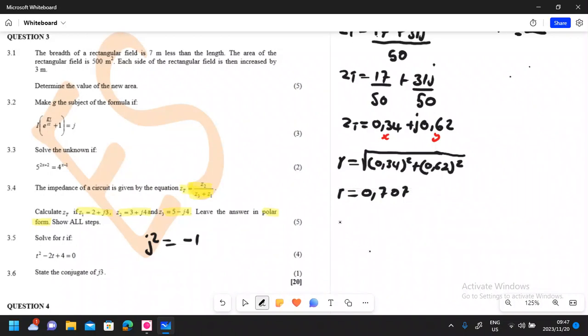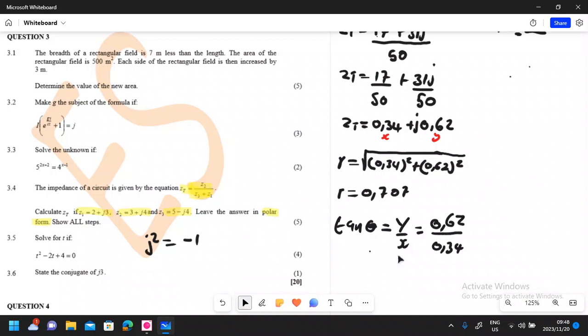So for the angle, we're going to use tan theta, which is equal to, now what is tan? Usually tan is y over x. So how do you know which one is y and which one is x? Remember, the real number is x and the imaginary number is y. So just substitute them here, which is going to be 0.62 divided by